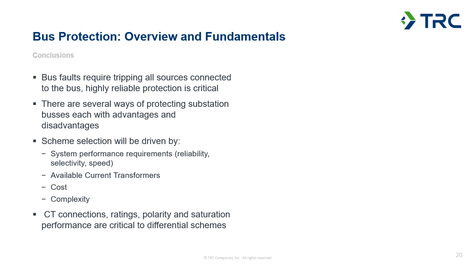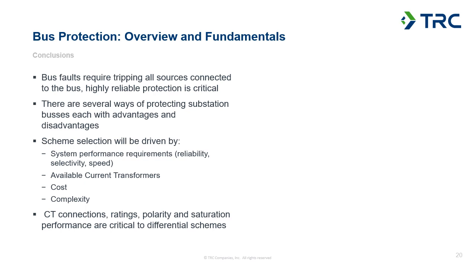So to wrap things up, bus faults require tripping of all sources connected to the bus. So we really have to put a high focus on those protection objectives and specifically the reliability of that protection, as it's really critical. You don't want to be tripping buses off unnecessarily. There are several ways of protecting substation buses that each have their own advantages and disadvantages. So we talked about time coordinated protection, zone interlock schemes, a few different differential type methods, and they each have certain advantages and disadvantages